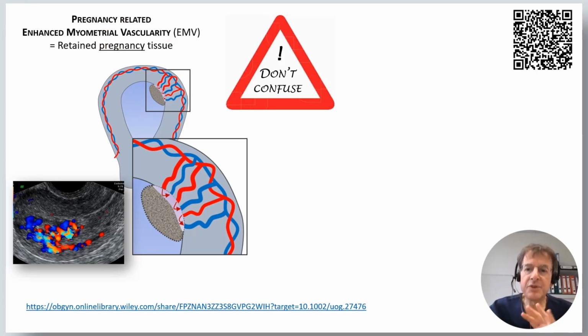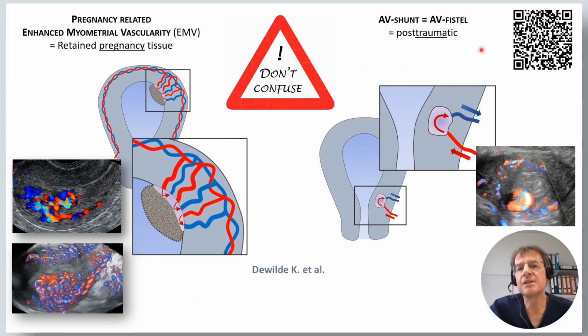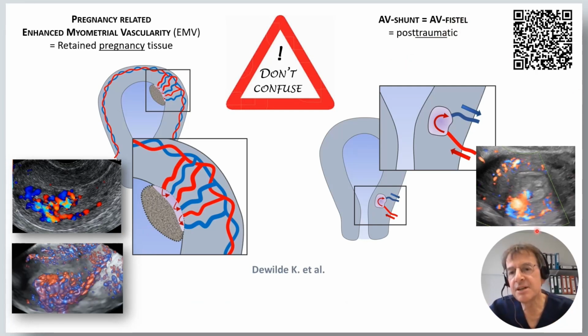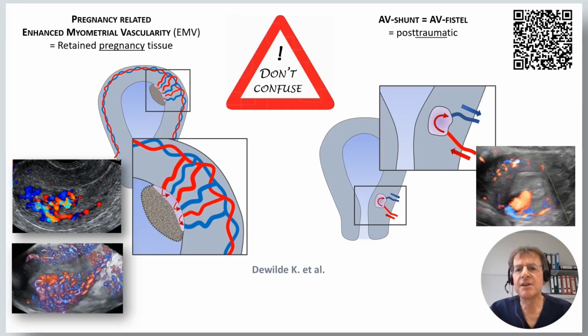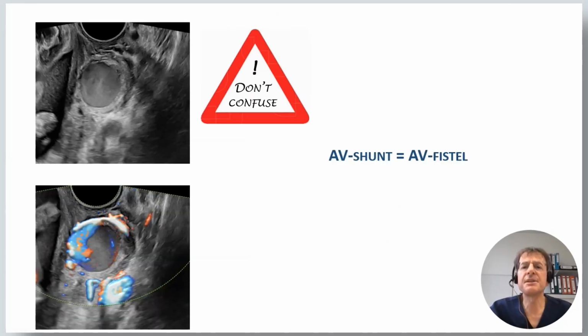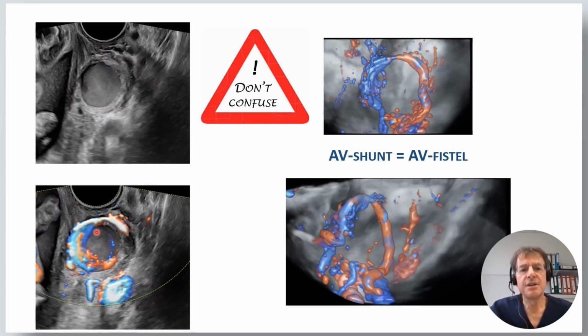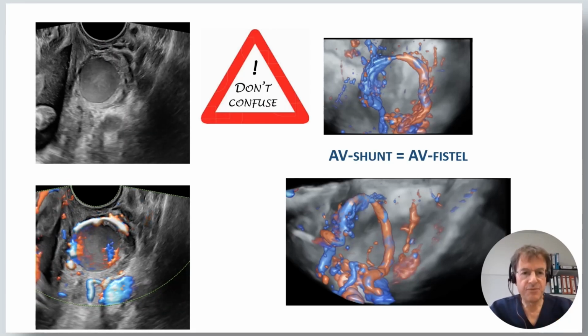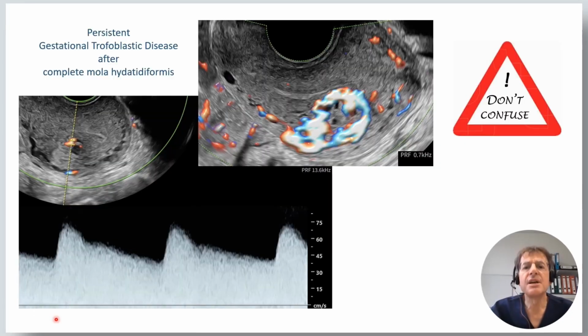Okay, and if you remove it, the patient is cured. Don't confuse it with the AV shunt or AV fistula. That's a post-traumatic entity after operative hysteroscopy, other surgery, myomectomy. That's a fistula, nothing to do with pregnancy. That's another case of a big AV shunt here. We see the artery just flowing into this shunt. That's not pregnancy related, and